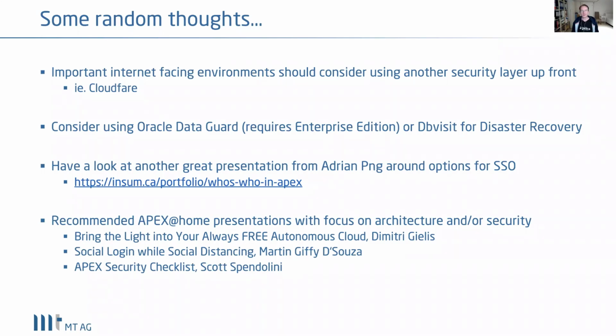So they will take care of those denial of service attacks and make sure that your environment on the back end is running as it should be. So if you're looking at internet-facing environments, have a look at those propositions from those service providers. They could actually help you quite a lot. And I know that Oracle also is relying on some of those services.